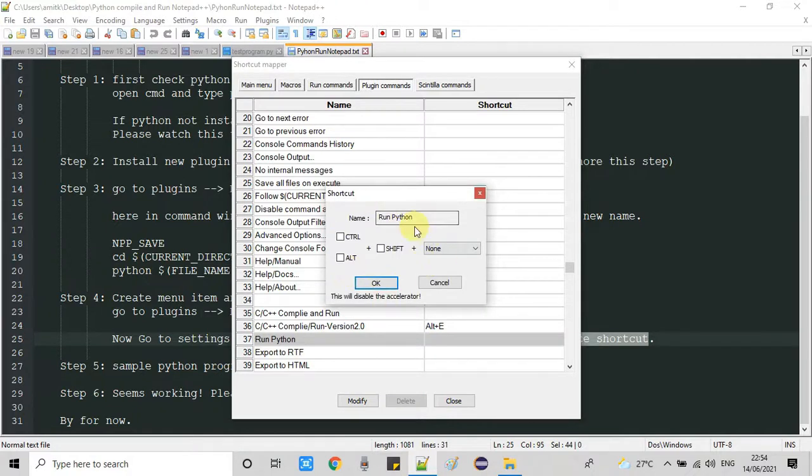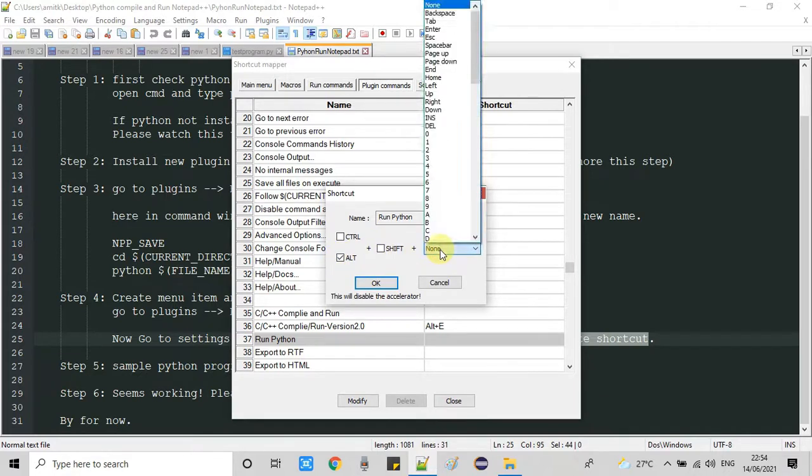So this small window will appear. Now here we have the combination of Alt key, Control key and Shift key, plus we have multiple keyboard key options. So we can take a suitable combination for us to run our Python program. I'm choosing the Alt key, plus I'm going to select one more key for the combination.